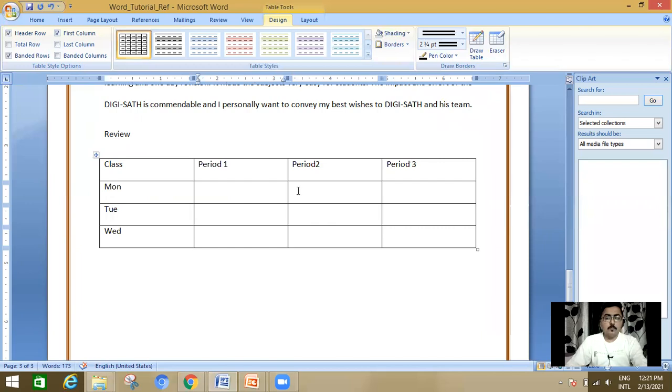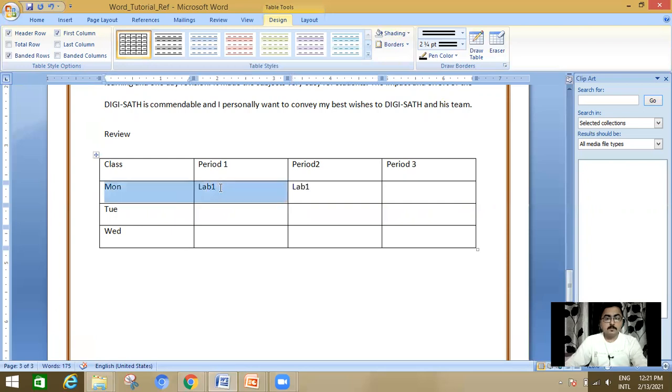So how would you give this? Either you can say lab 1, lab 1, but it doesn't look good.